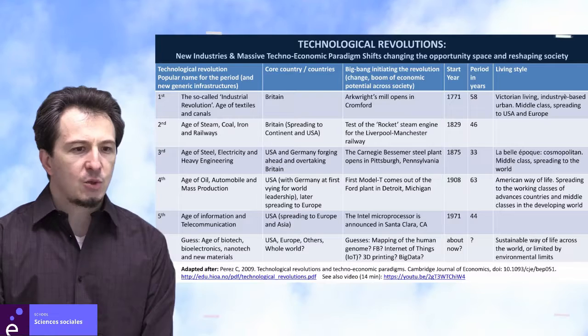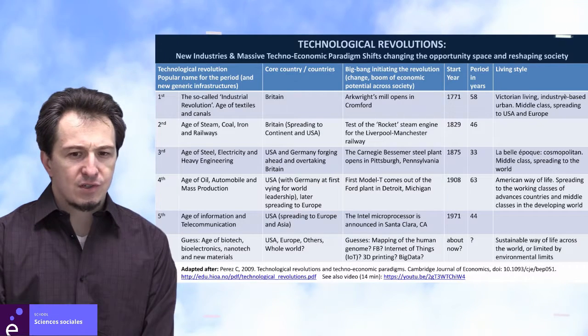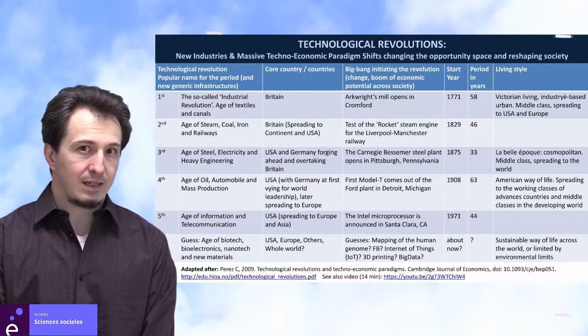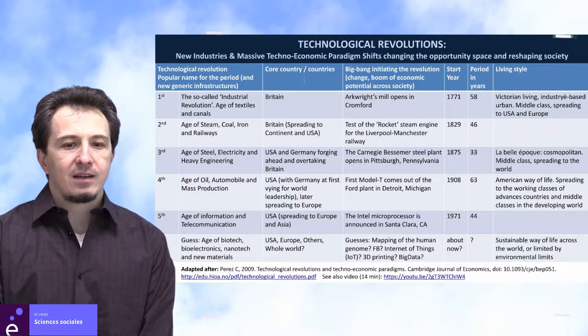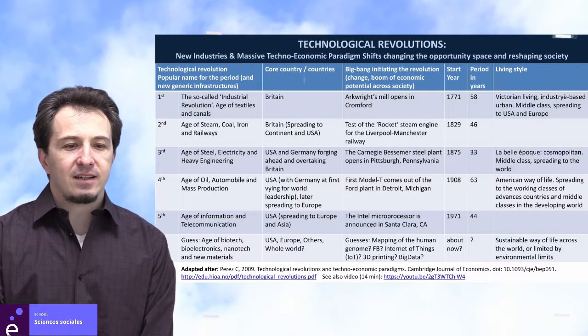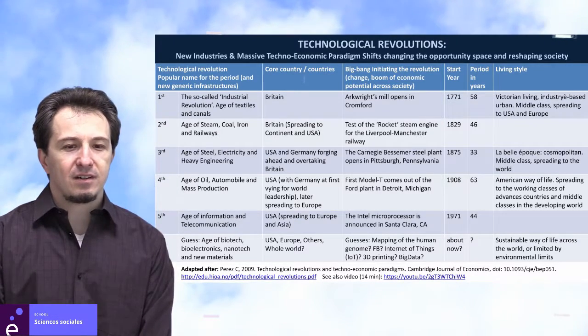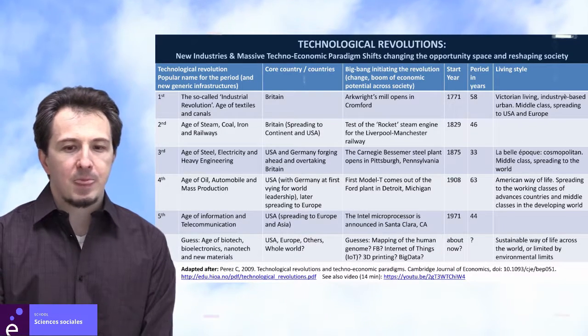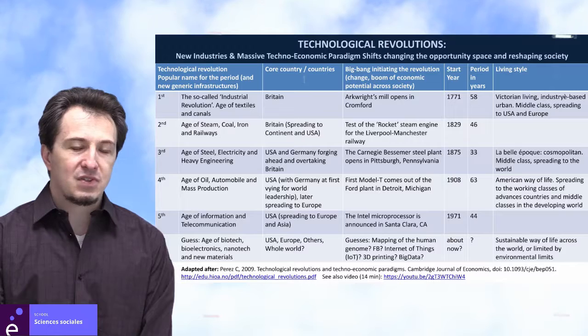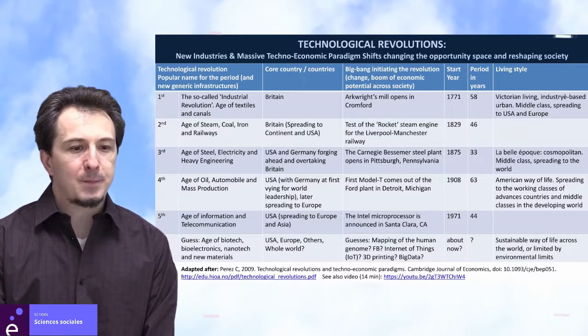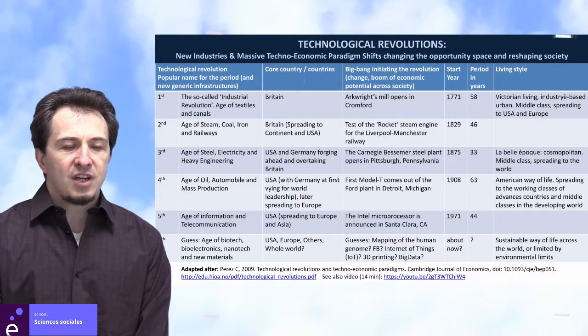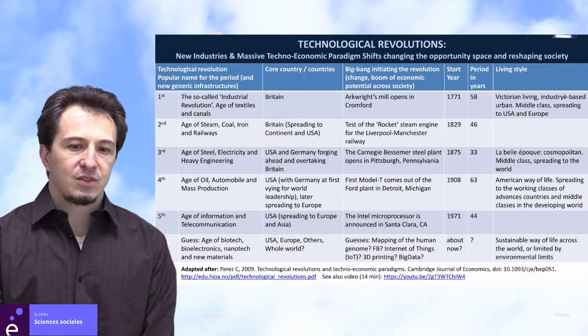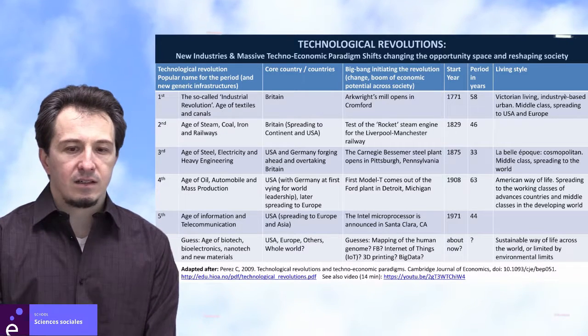So until here we have three revolutions which impacted very much the middle class, and it resulted in an unprecedented development of urban type of living by comparison with the previous more rural type of living. Now a big change also happened at the beginning of the 20th century, 1908,